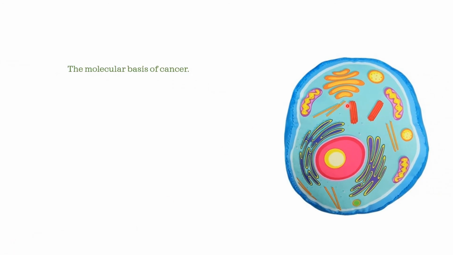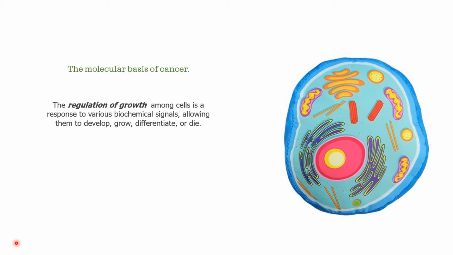So I want you to look at this illustration of the cell. Okay, and then we're going to talk about the molecular basis of cancer. So the regulation of growth among cells is a response to various biochemical signals allowing them to develop, to grow, to differentiate, and to die. So let us make sense of